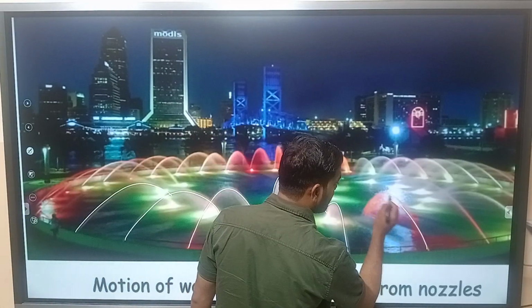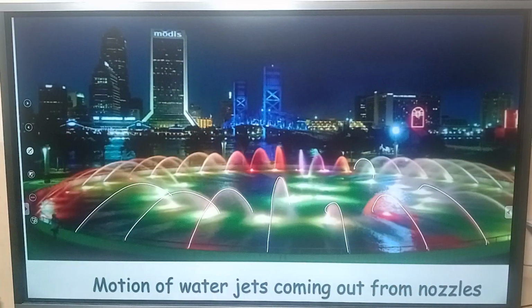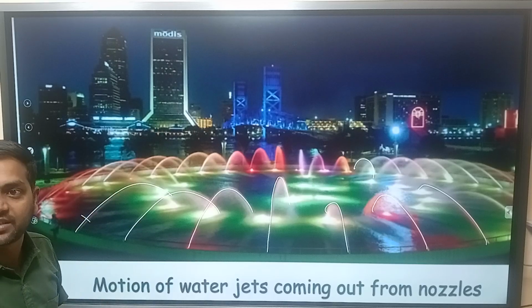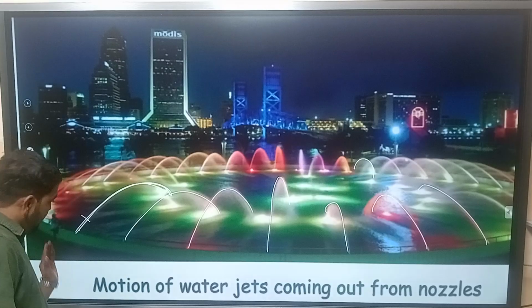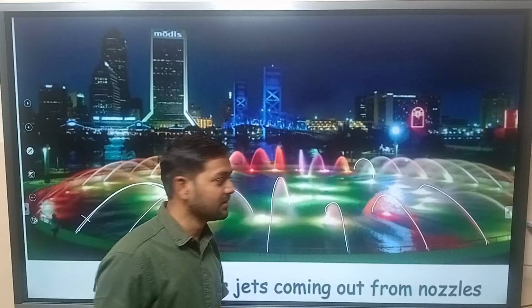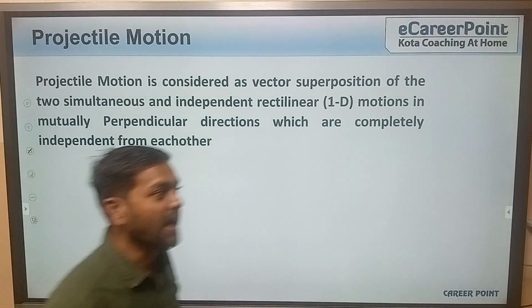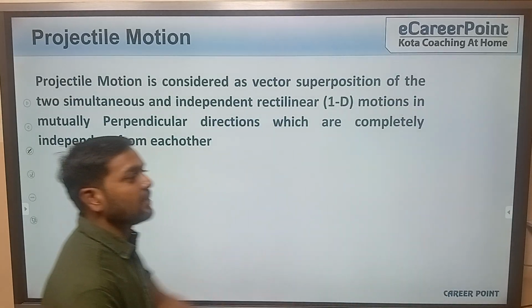Right, you can see here, right? Yes, very good. So what is happening here? These are moving with certain velocities, and they are moving in this direction, making a certain path. Those are called projectiles, right? Very good. Next, here we have the main definition of projectile motion. Projectile motion is